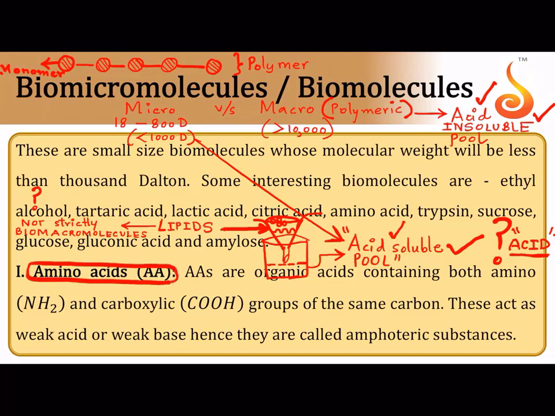Now in amino acid, please remember, imagine there is a beaded chain. This entire beaded chain is referred to as a protein or a polypeptide chain, and the individual bead which makes up the protein is referred to as the amino acid. So which is a polymer and which is a monomer? Protein is a polymer and amino acid is a monomer. As the name indicates, amino acids contain both an amino group, the NH2 amine group, as well as an acid group. That's why they are called amino acids.